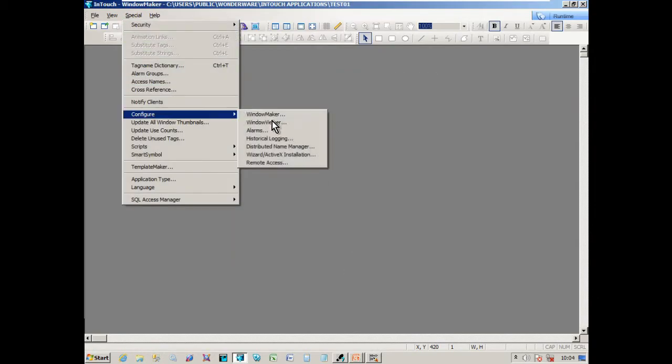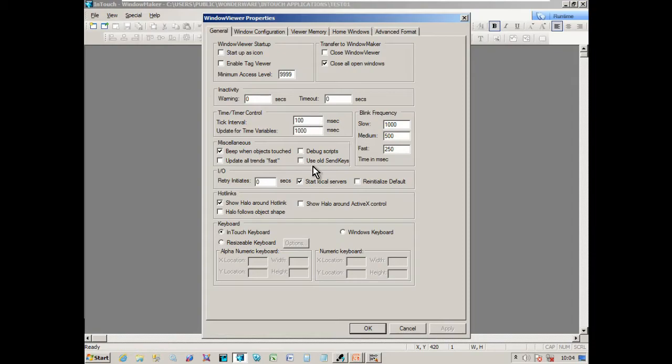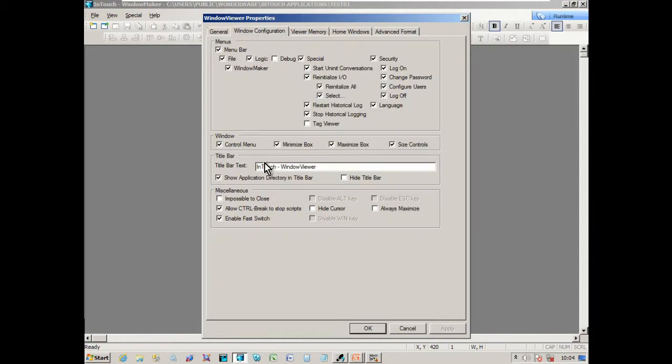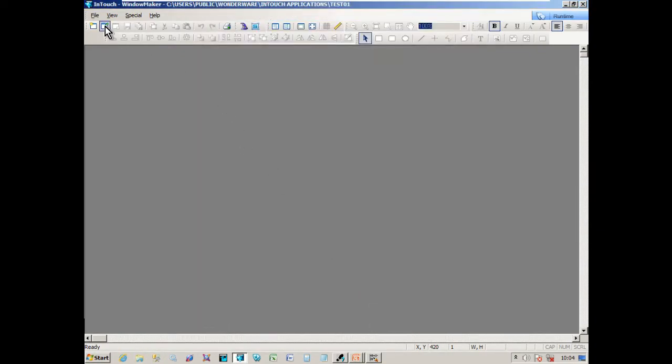And we're going to go back to Window Maker, Window Viewer settings, and we're going to turn two things. We're going to switch the menu bar off. Now what it means is the menu bar is still there, but it's hidden. We're also then going to hide the title bar. So that means if I apply that, now if I